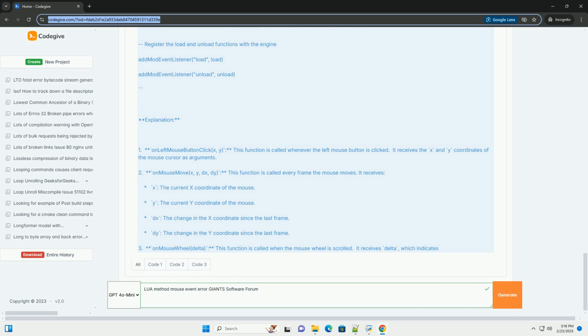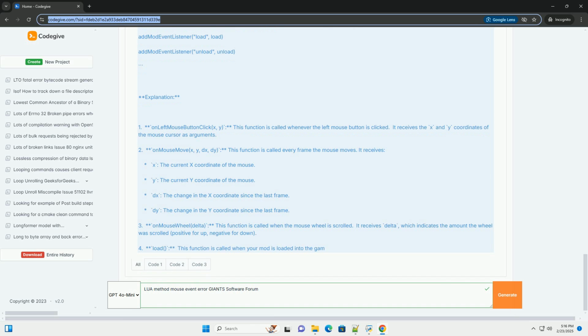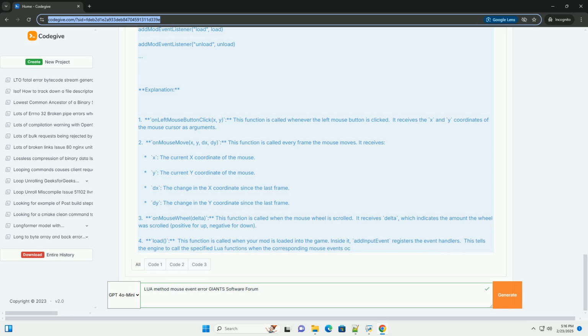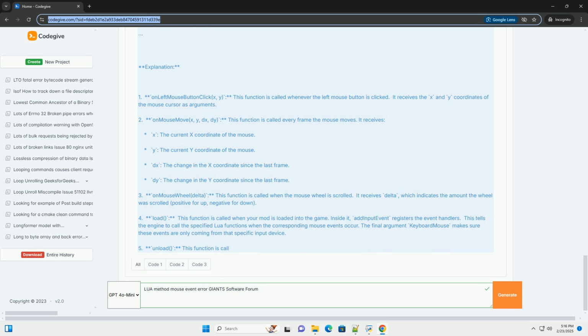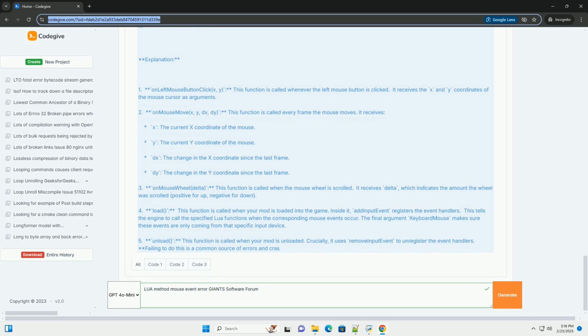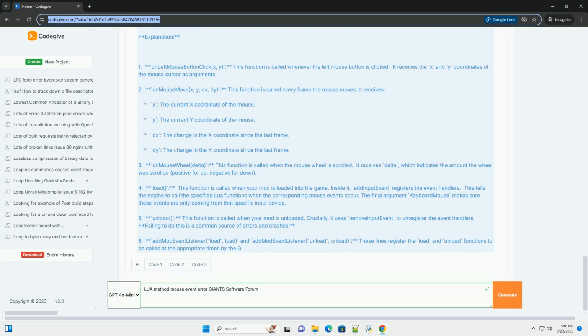2. The basics: registering and handling mouse events. The primary function for registering a mouse event handler is addInputEvent. This function takes 3 arguments. Callback function name: the name of the Lua function that will be called when the mouse event occurs. Event name: the specific mouse event you want to listen for. Common event names include